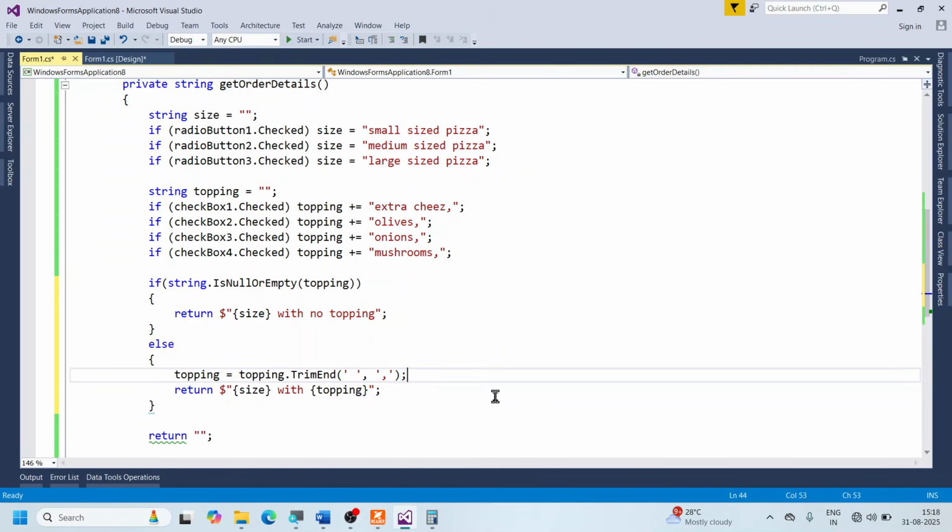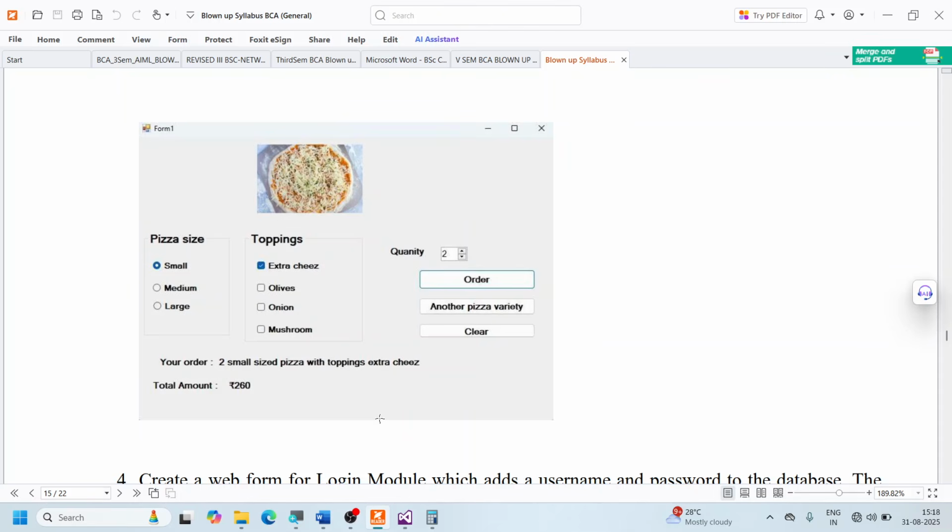Now this is just to calculate the order details. But what has to be shown on the label? Just look at it here. On the label, you have to even show this one. The size must be shown here. What we got is only this part. We got only this part, but not the size. So in order to show something on the